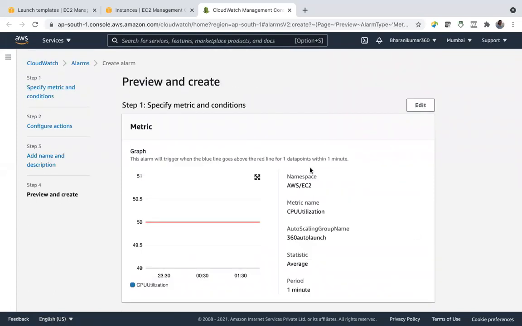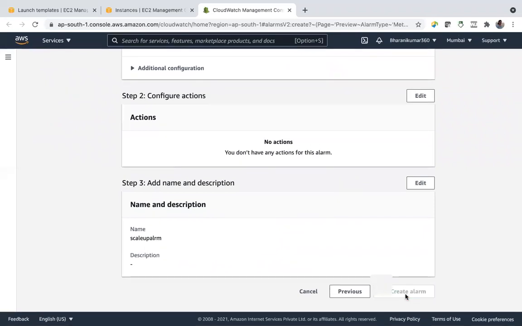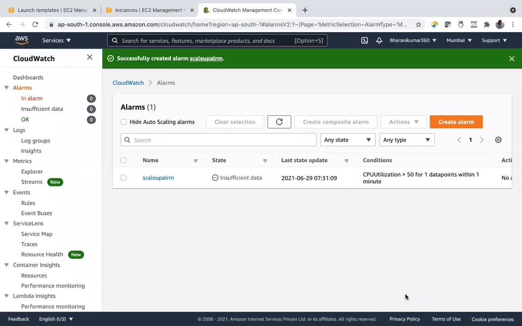Next, that's it. Create alarm. So insufficient data is there. Why? Because we have not configured any action. That's okay. Ignore it. But when metric is there, when CPU utilization is greater than 50%, alarm status will be in alarm. So you can ignore this, even this if it is insufficient data.